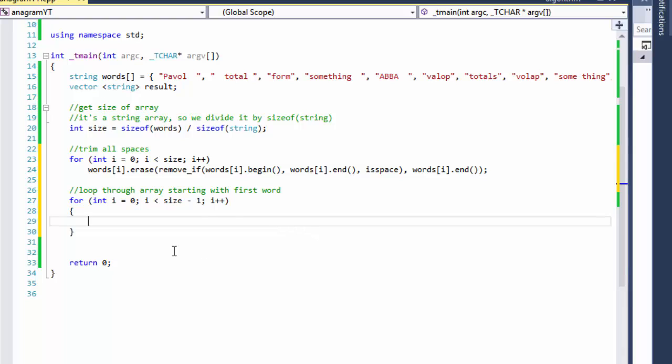All right, so that's our outer loop, but we also need the inner loop. But before we declare it, we have to remember the vector result. I'm going to put the word that we are currently checking. For example, at the beginning I'll check Pavel, then total, then form. So I'll check Pavel with total, then with form, then with something, with ABBA, and so forth. So the word that I'm checking, I'll put in my result, because I want to have all the anagrams together. So I want to have a vector with Pavel, Valop, and Volab at the end, so I can output it